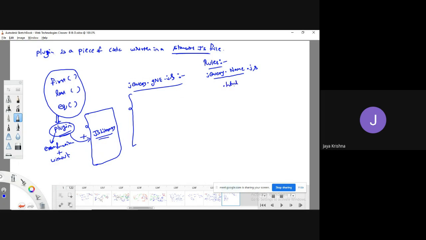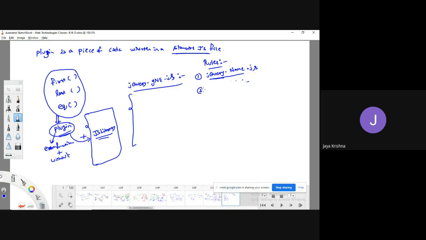And what about the other file? The other file is an HTML file. In this HTML file, we need to reuse the code. I don't want to go into the HTML file right now. There are some set of rules. What is the first rule? The file must have the .js extension, and every file name must follow the prefix jQuery dot name of the plugin.